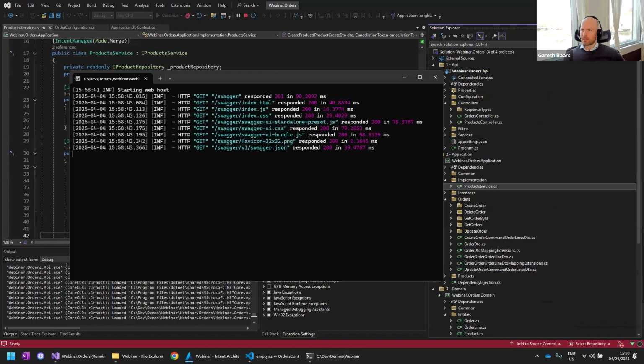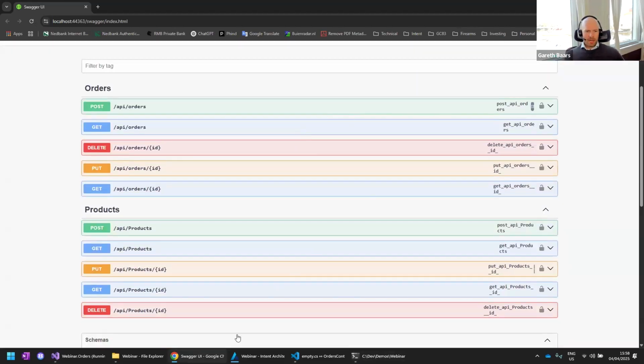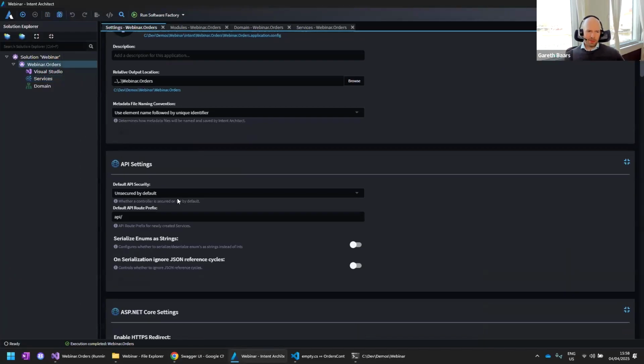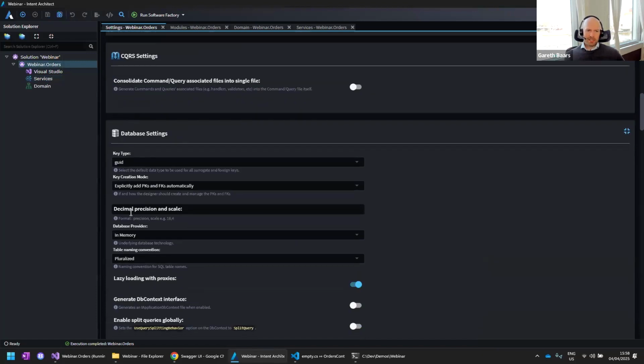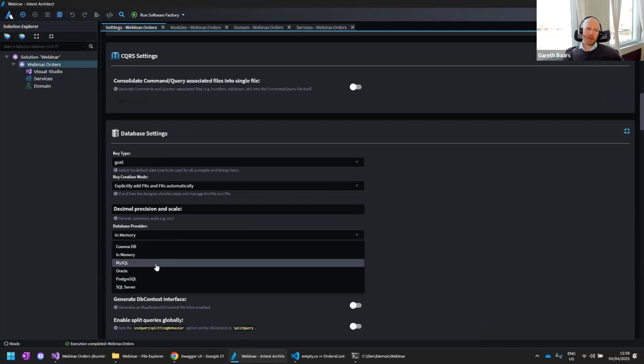And it's launching up. All right, just jump to the other monitor. And here is our Swagger UI, right? So if you guys, one thing I didn't point out for you a bit earlier is if we take a look at the settings over here and we scroll a bit down, under the database settings, so these settings all come in depending on what modules you install. The default database setting is set to in-memory when you install the clean architecture. So we could pick whatever kind of database approach we want to take on here from an entity framework perspective.